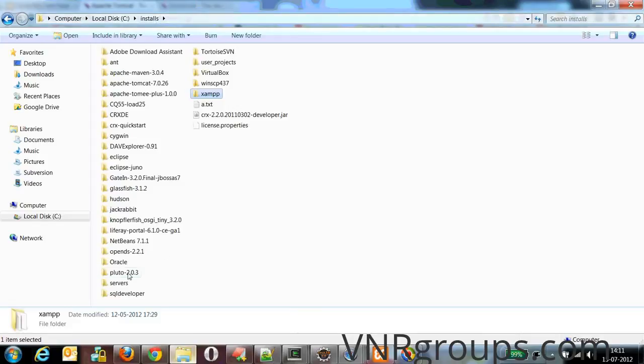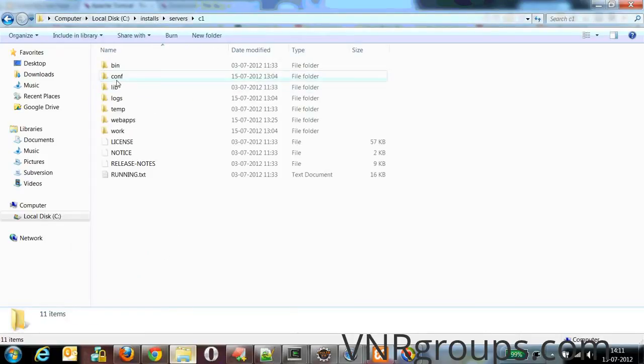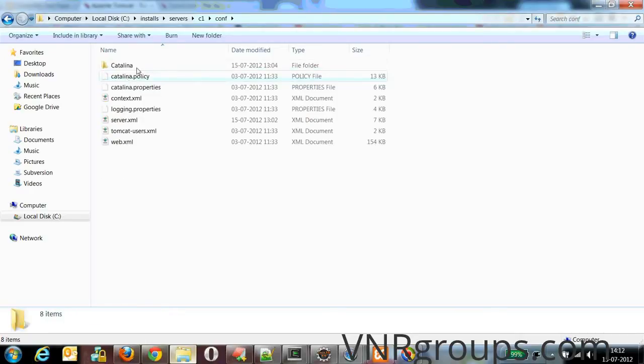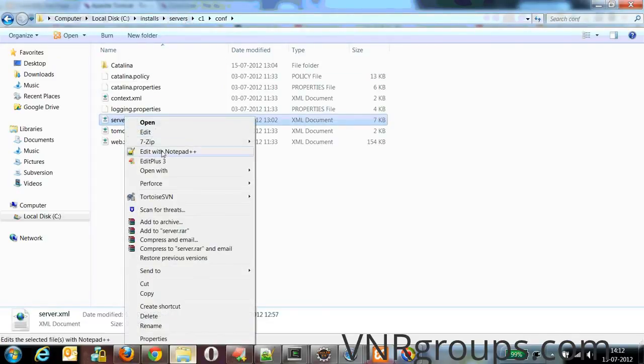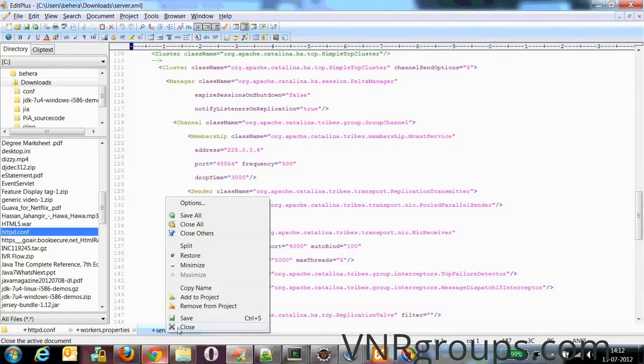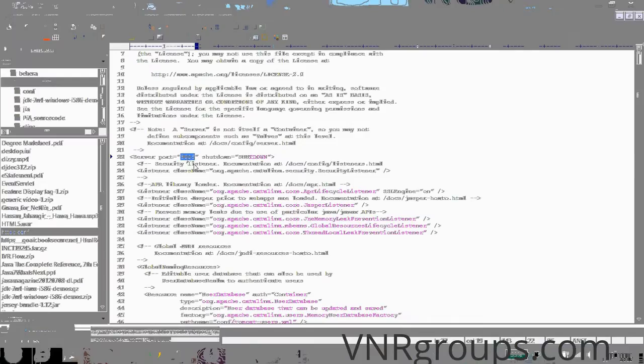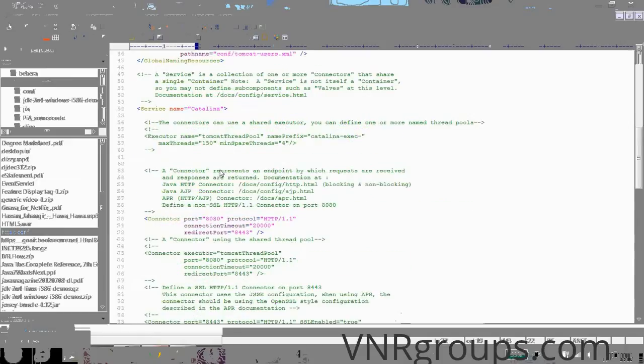Now I'll go to the Tomcat servers. Now open the conf directory. I have used two Tomcat instances named C1 and C2. I'll go to the server.xml and show you a few entries. Here you can see the default shutdown port 8005.